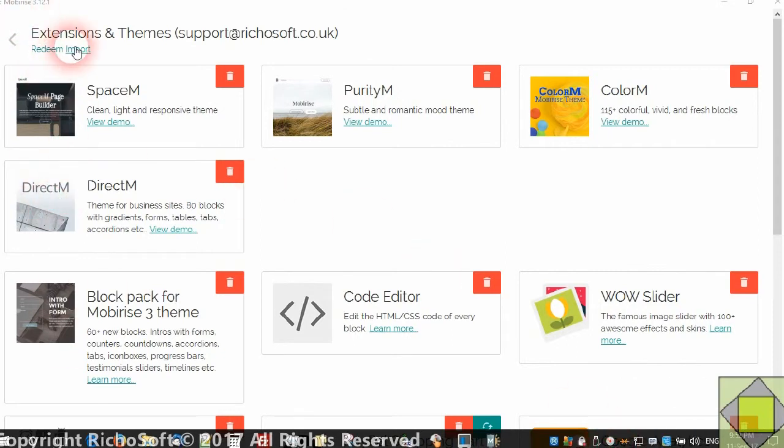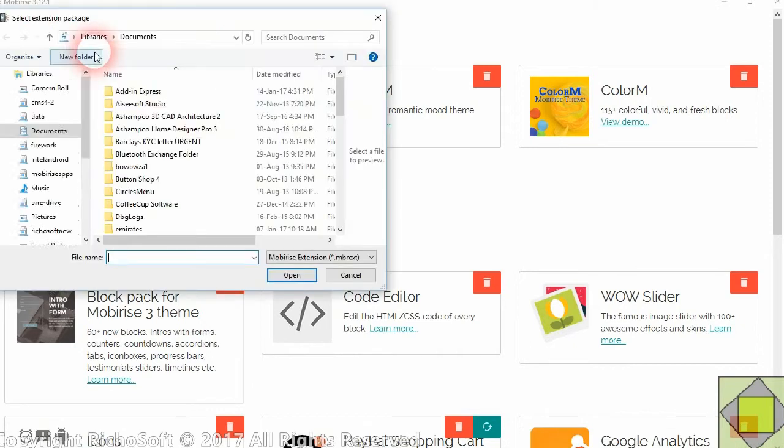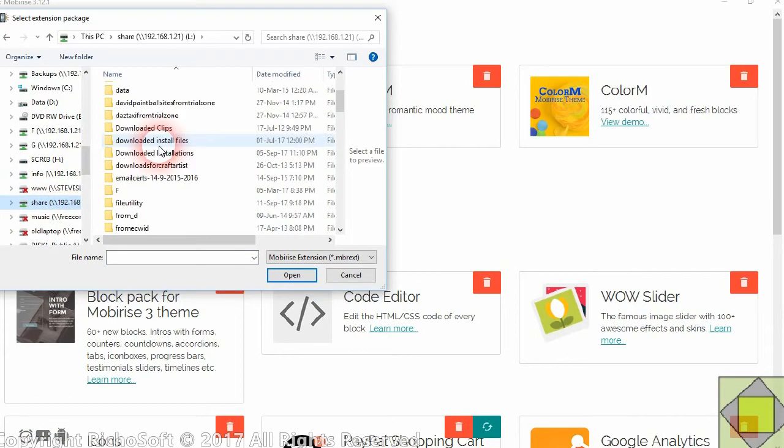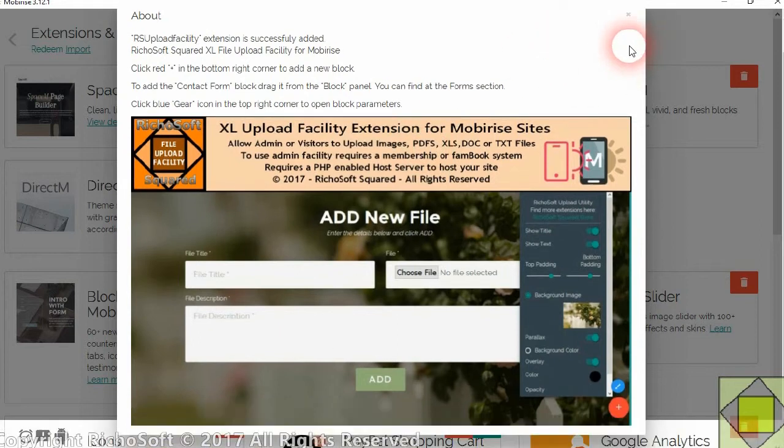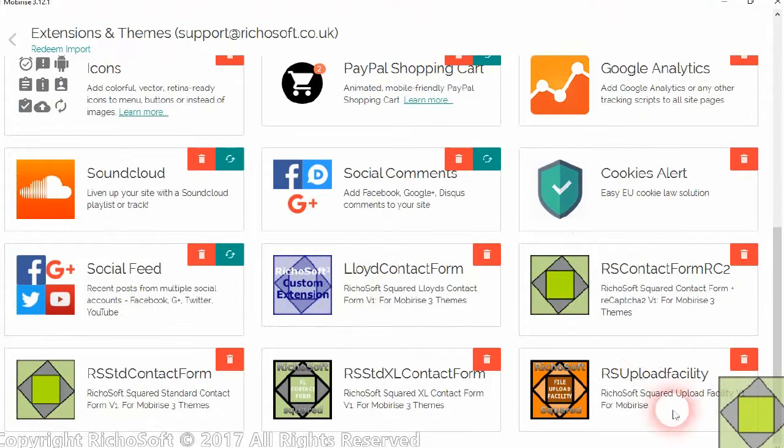So we go to extensions and import, and then we browse to where we have our extension, and we click on it and open, and the extension then is added to Mobirise, and it will appear in the bottom in Mobirise. So then we go back to our site,